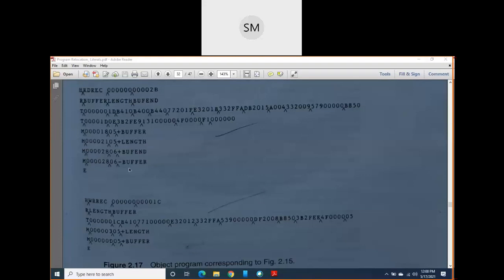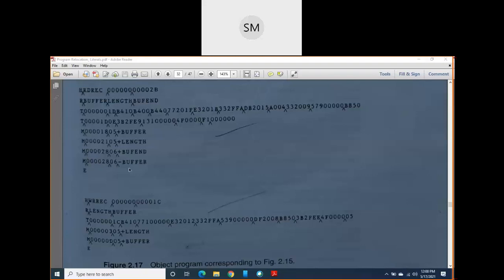I think the first one was the default program block, next one was CDATA, next one was CBLKS. 3 program blocks were there, but we had only one object program. But here in control sections, we have 3 control sections. For each control section, we have now written one separate object program.